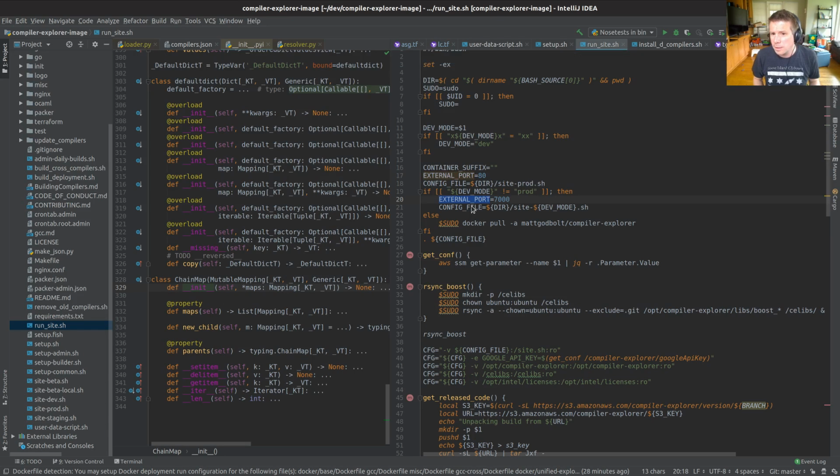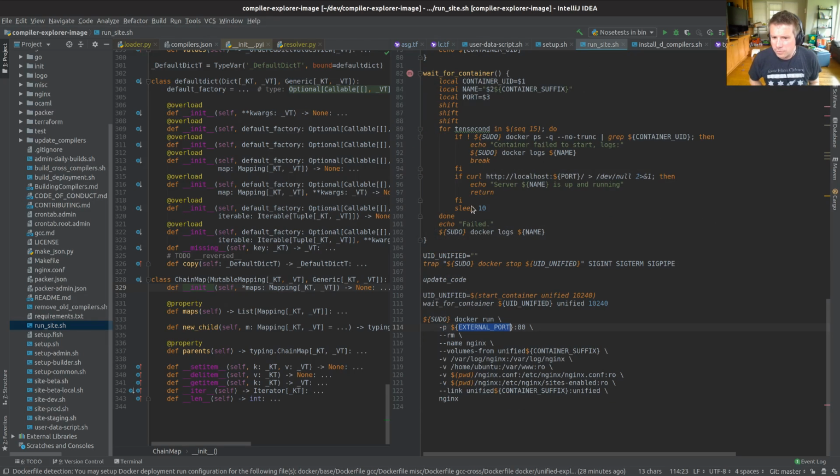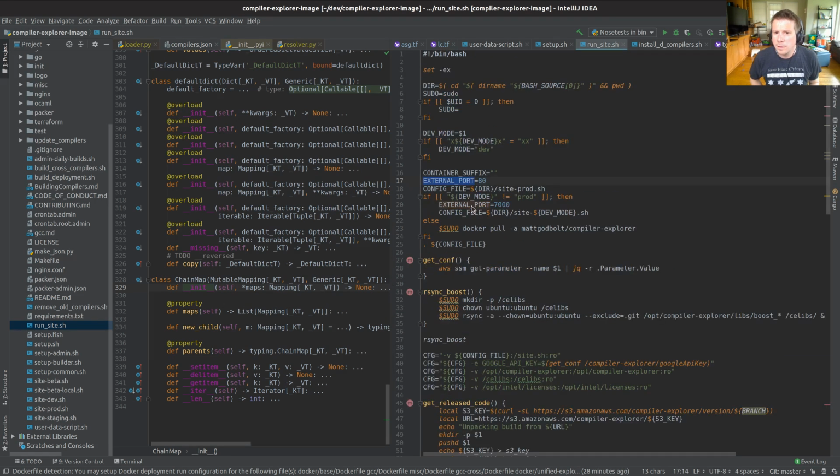Confused am I? No, that doesn't make sense. If it's not equal to prod, then external port equals 7,000. I'm skeptical that that's the right thing to do there. Maybe there's something else going on. I think I know what's going on.